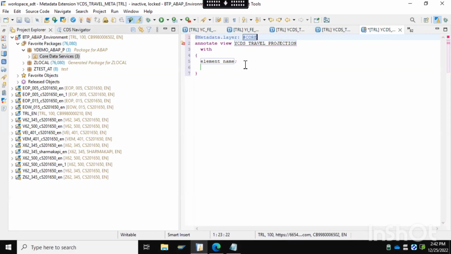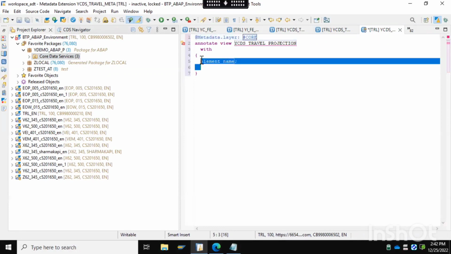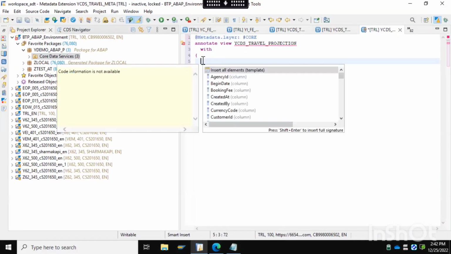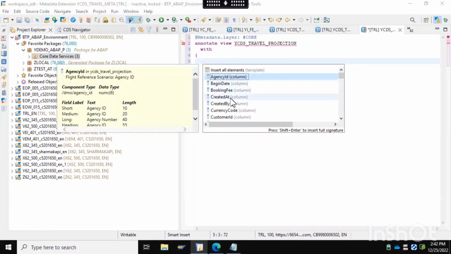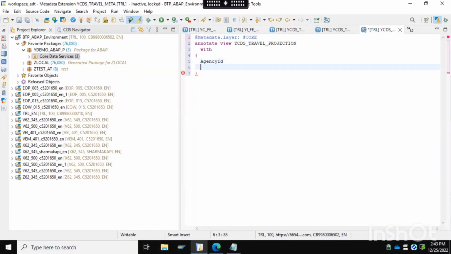And insert the fields as per requirement. Let's say I just want to display agency ID and beginning date. So I'll put agency ID and